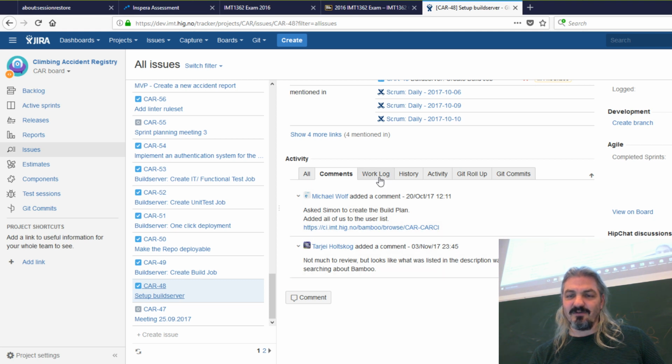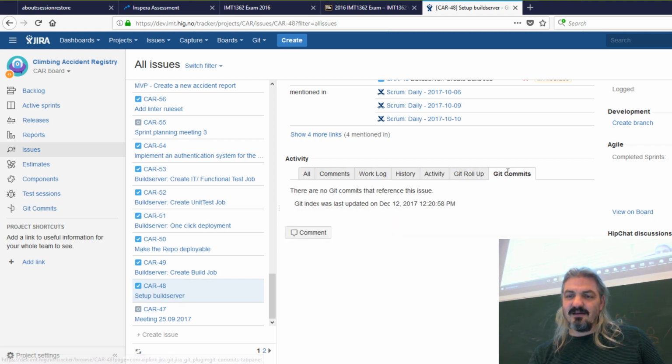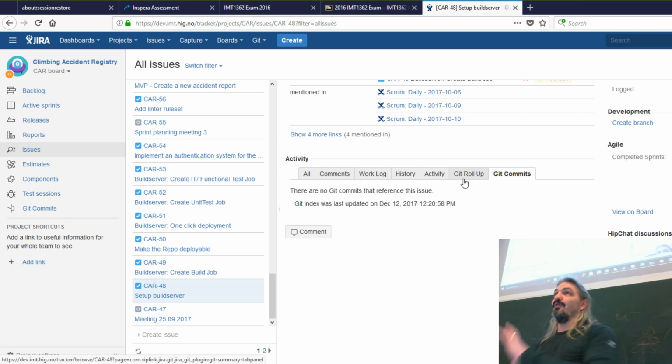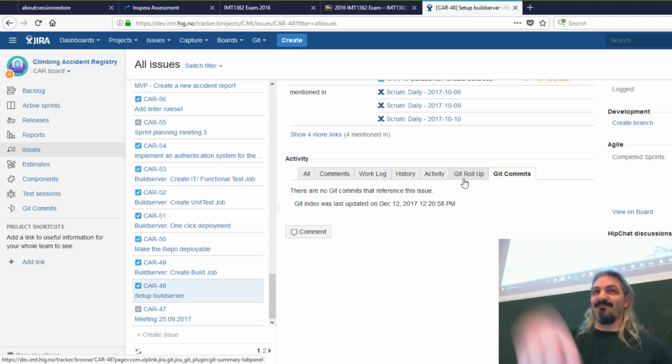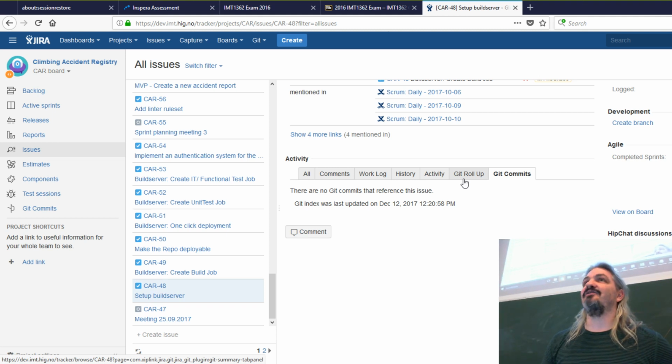Michael and Harry both commented, and this also links to the version control system, Bitbucket in this case, so when you commit, it puts those commits in here and shows you which parts of the code you've been working on relate to this. So there is a large amount of software engineering stuff you can do with Scrum, right? And this is a tool that supports Scrum. We get much deeper into it as you go through the degree.